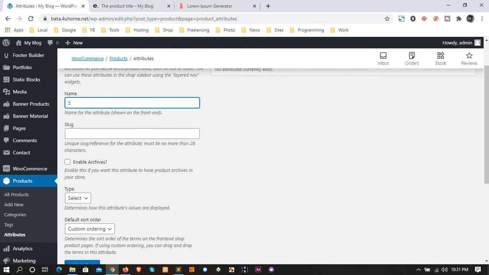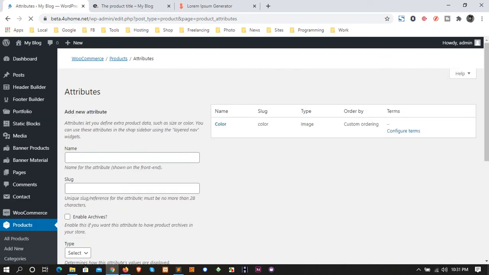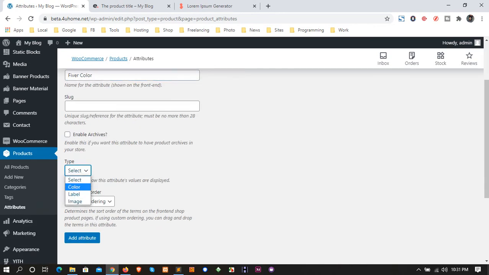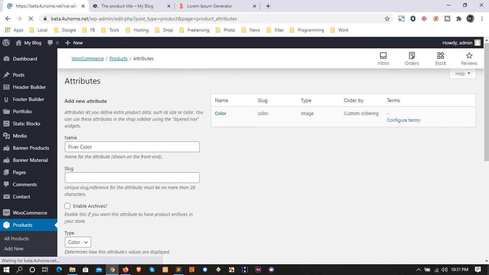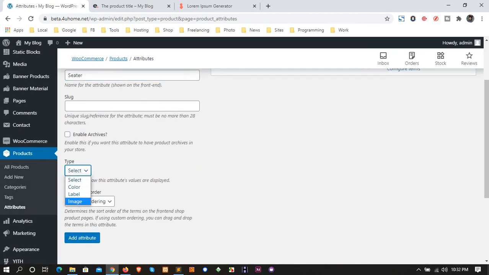We can select like color. Here you can select some options: color, label, image. Like if you select image, then add attributes, add fiber color. You can select color or image, anything. Fiber color. You can set seater. Simply you can select label, attributes,